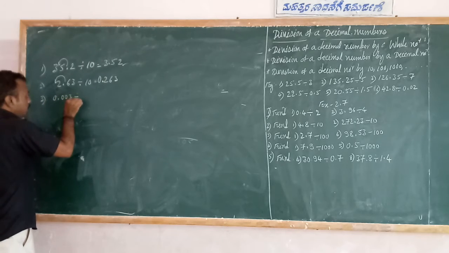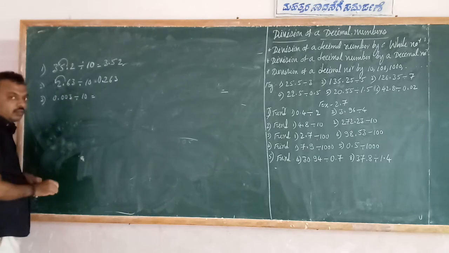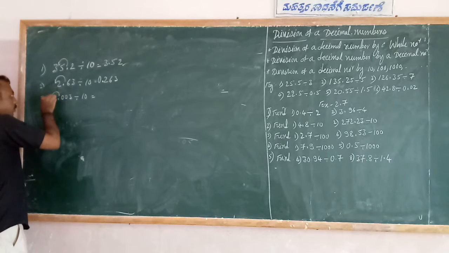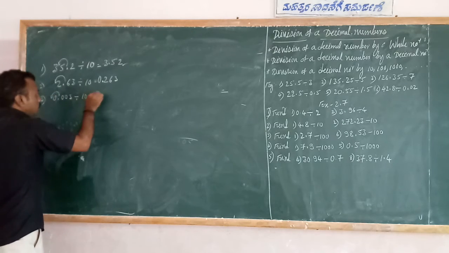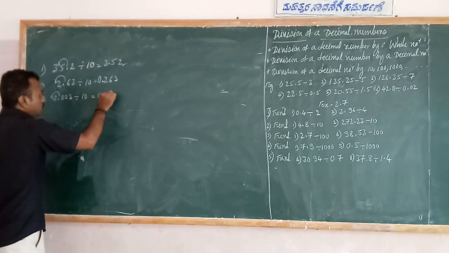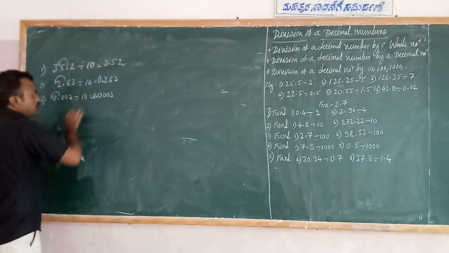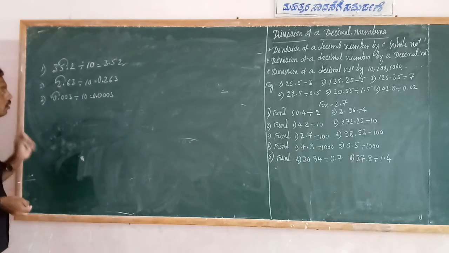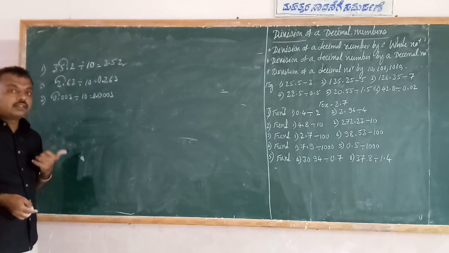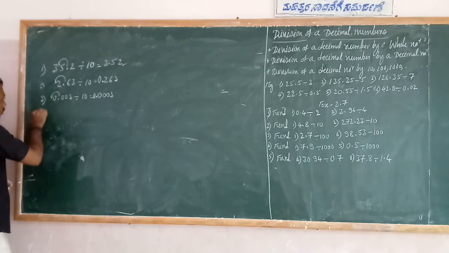0.003 divided by 10. Again the point is shifted to the left side. This 0, 0, 3. So the point comes here. Therefore nothing is there, means 0. Now the answer becomes 0.0003 is the answer. Okay. Next one,